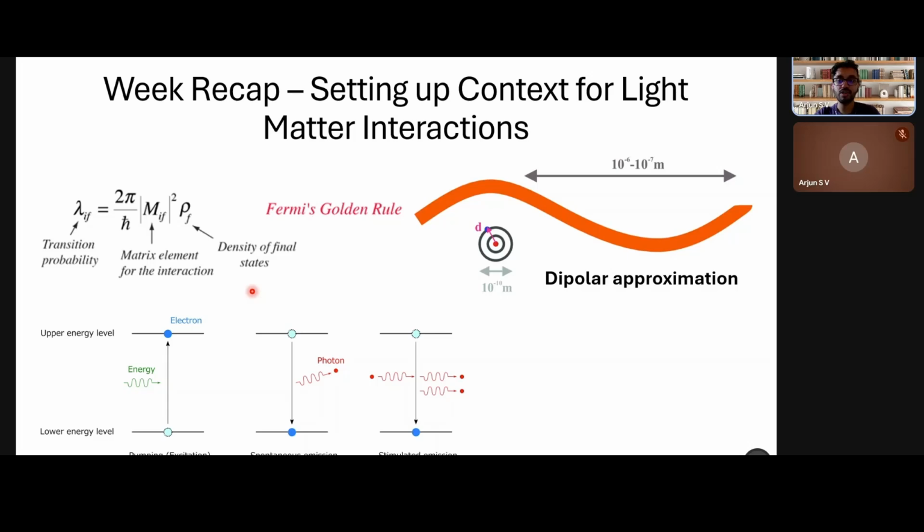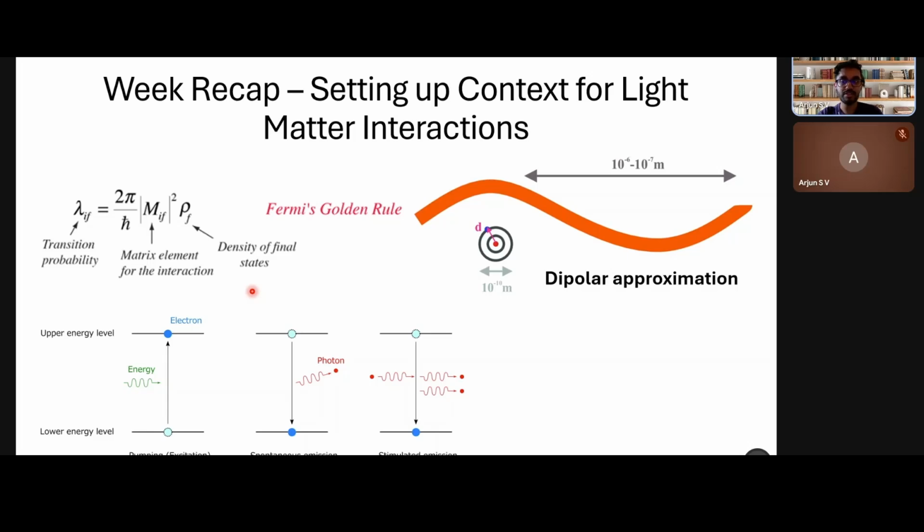And we also saw how A_kg and B_kg are related to the frequency by a factor of the cube of the frequency, nu cubed. We got an idea of why spontaneous emission is much more significant at higher frequencies than at lower frequencies. And towards the end of the lectures, we also saw more about Boltzmann's distributions,